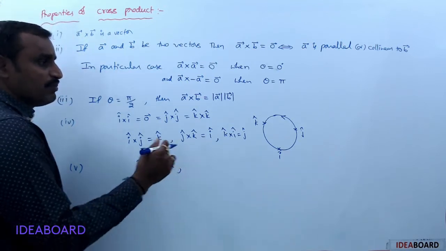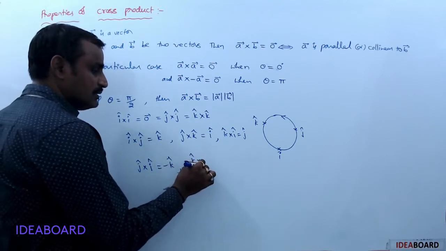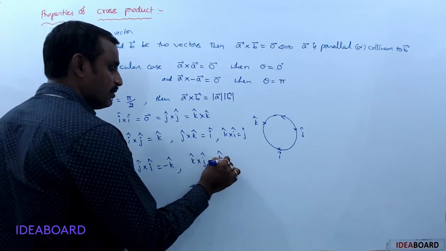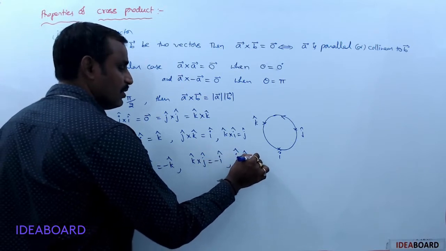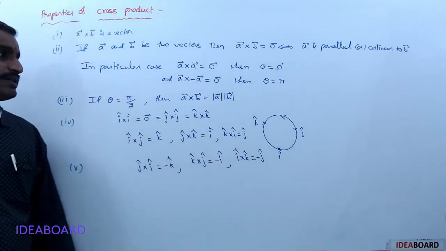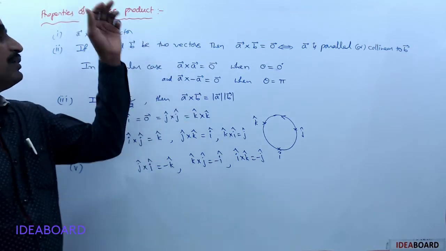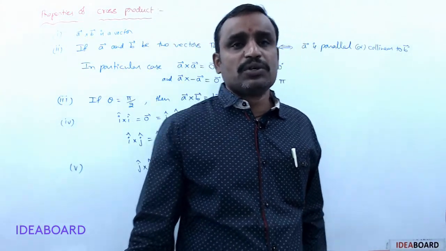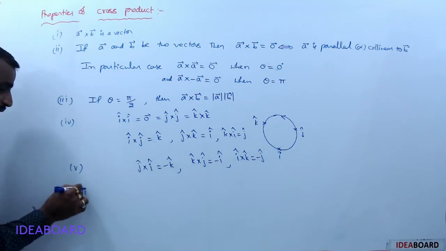J cross I is equal to minus K cap. K cross J is equal to minus I cap. I cross K is equal to minus J cap. Why? Because here, most important, cross product is not commutative. So cross product is not commutative. So now, sixth one,